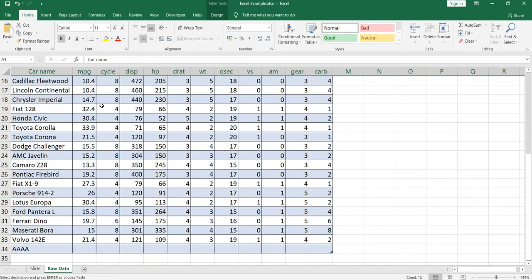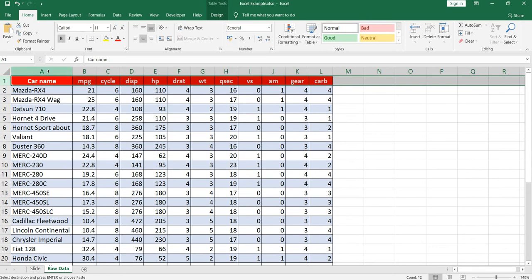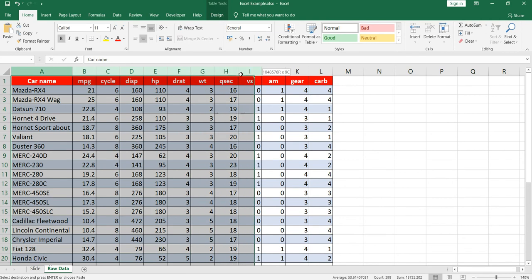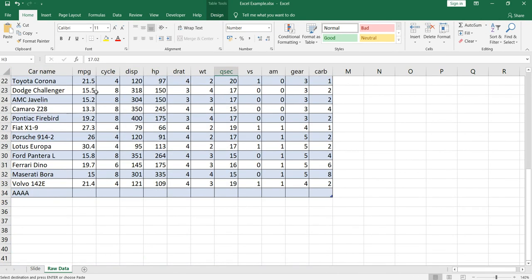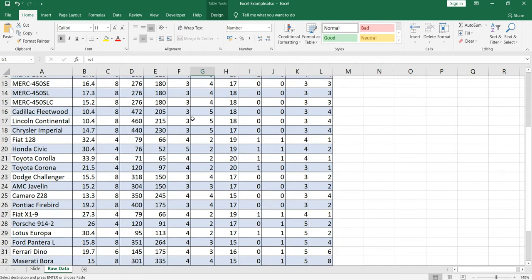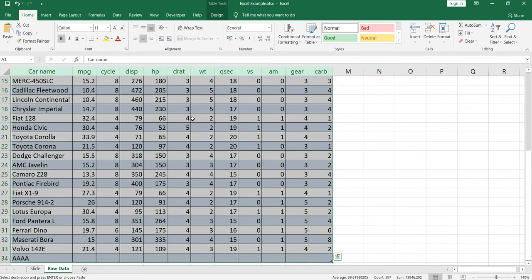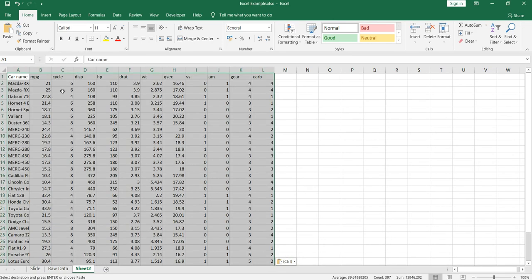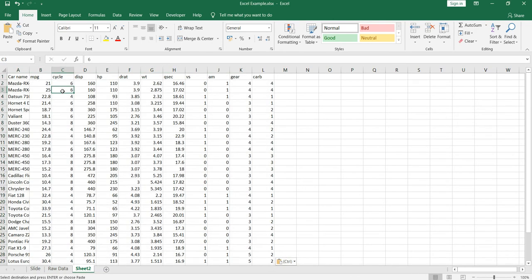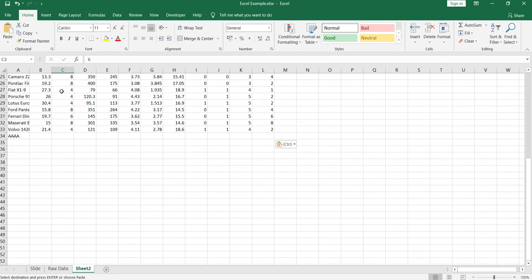So in this column bar where it is written A, B, C, D, E, F, G, H, you can see headers are appearing because right now this data set is a table. But let's copy this entire data set into a new sheet and let's see whether we are able to see this dataset's header or not. Okay, so I've copied that data and pasted it here as values. Now if I scroll down, I won't be able to see the headers.